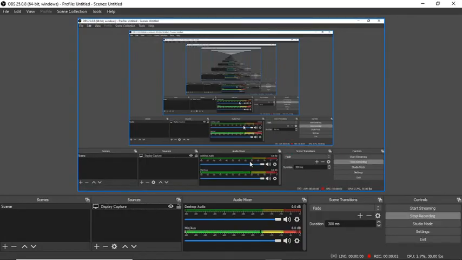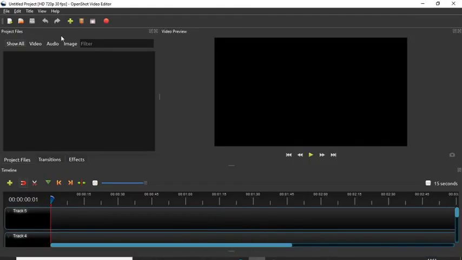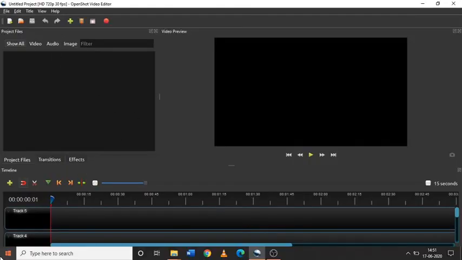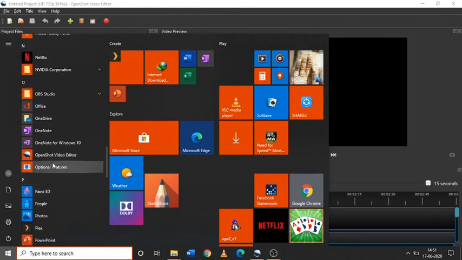Now, after these recordings are over, I'm very sure that you won't be fully satisfied with your e-content. There may be a trimming necessary, right? And for that, we have a separate software. Again, we are going to look at only a very user-friendly video editing software. It works in a very simple manner, and like OBS, the editing software I'm going to show you is also very user friendly, and it is called OpenShot Video Editor, right? I'm going to show you the name. It's right around here. OpenShot Video Editor, that's the name of it.